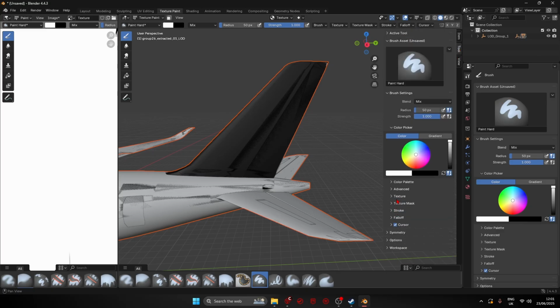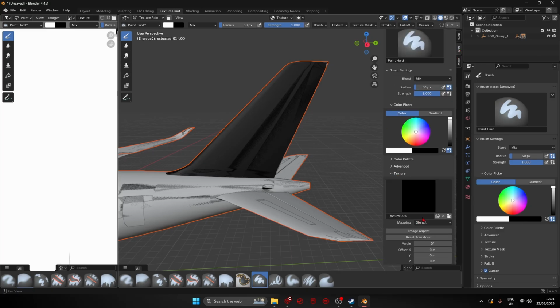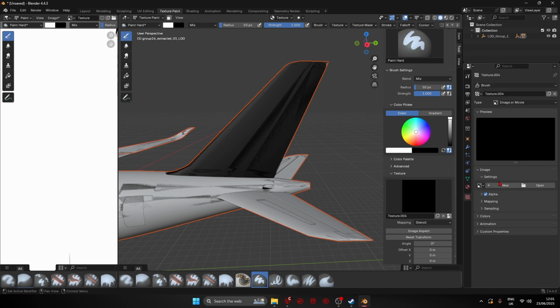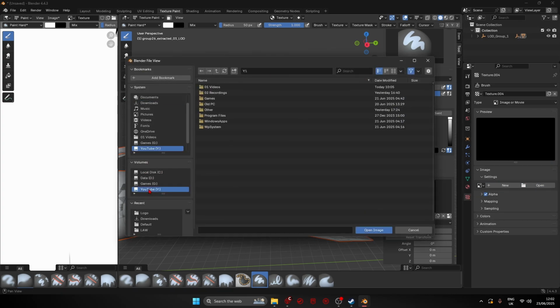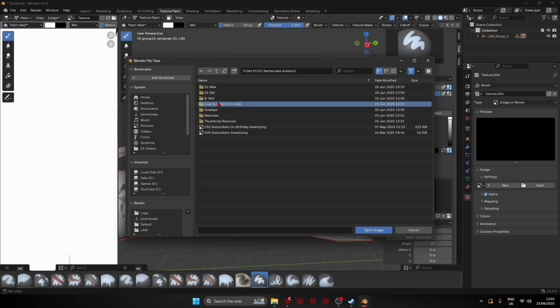The texture will be minimized. You open the texture, plus texture. Then you come down to this little thing here, and then open texture, and then get whatever image you want to overlay onto it. So I'm going to get my YouTube logo,